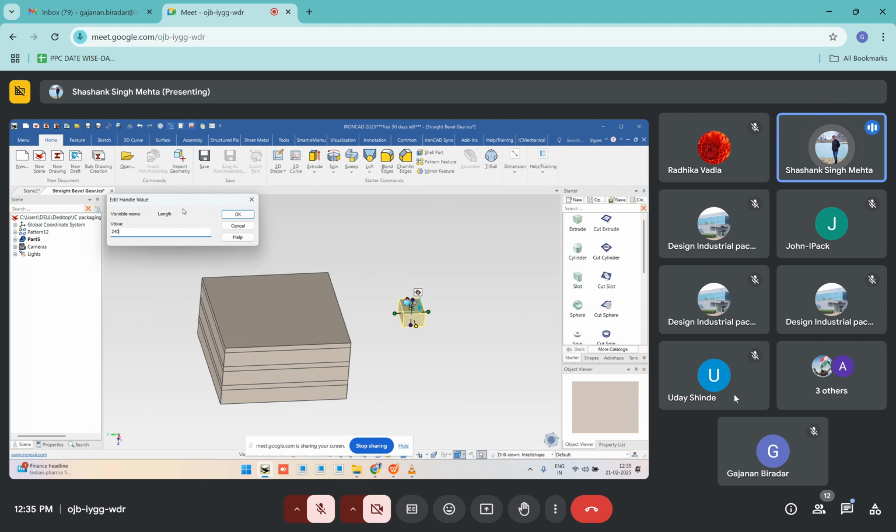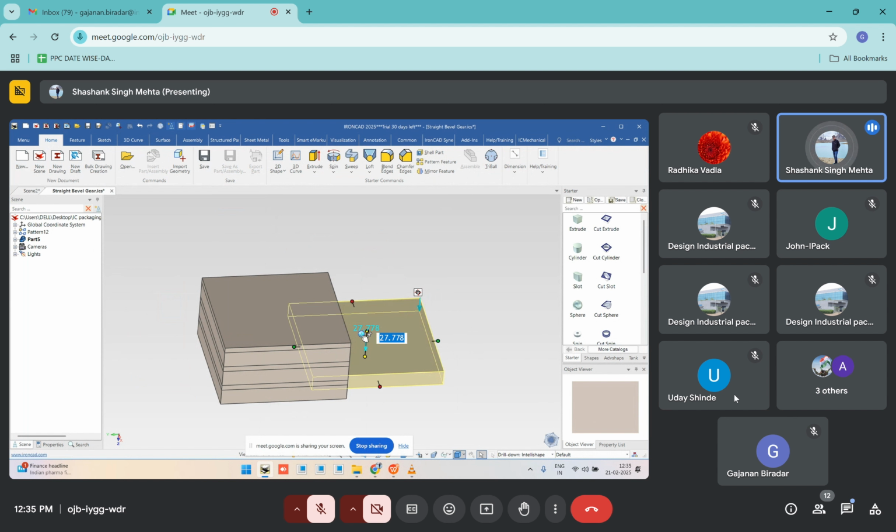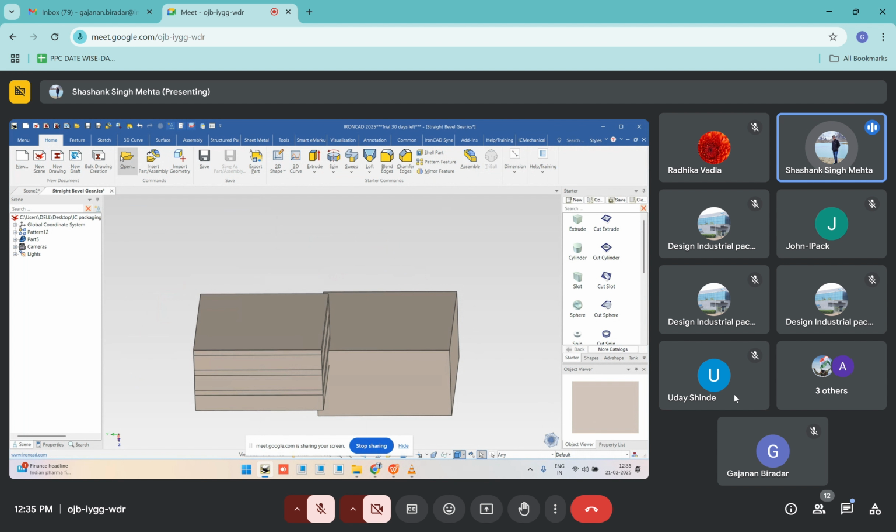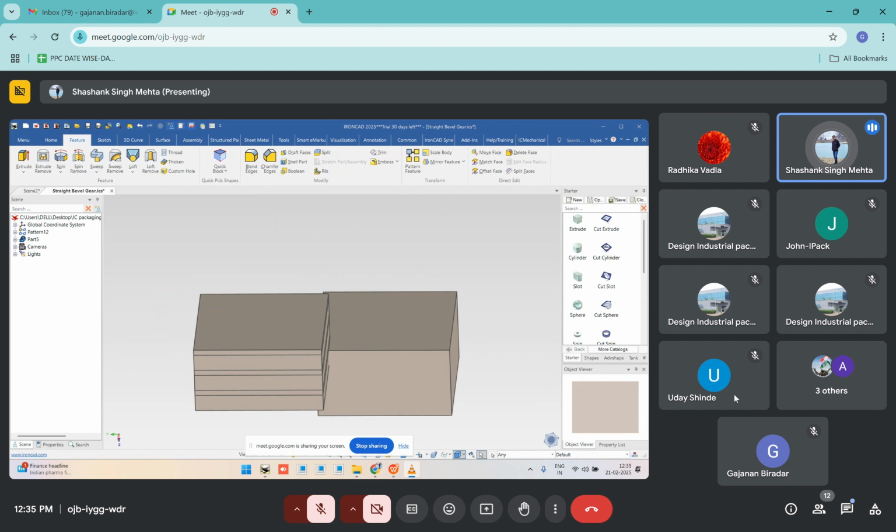So we will create 240. Okay, so for creation of box, 240 length and 40, 420, 120 was the height. So 130 we can take. Okay. So this is the box which we can create, and directly we can use this particular